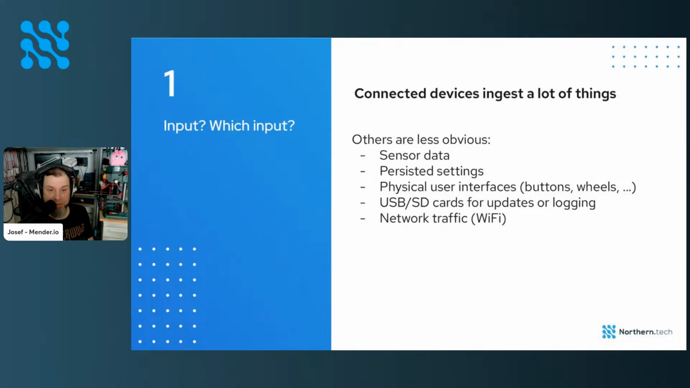There's stuff that comes out of physical user interfaces. There's buttons, there's wheels, there's potentiometers where you can set some value, whatever. And there's also storage, like USB sticks. Some of these devices, for example, allow logging process data to an SD card. SD cards are cheap. SD cards are easy to handle, so a lot of people use them in the field. You just slap them in. You expect the device to